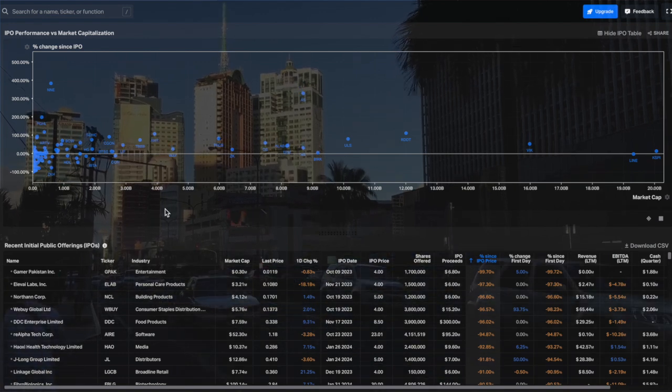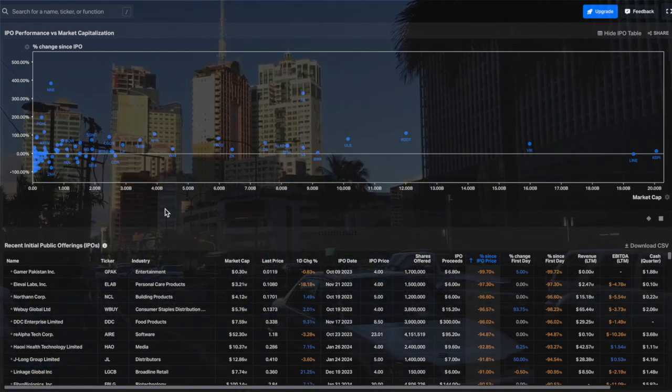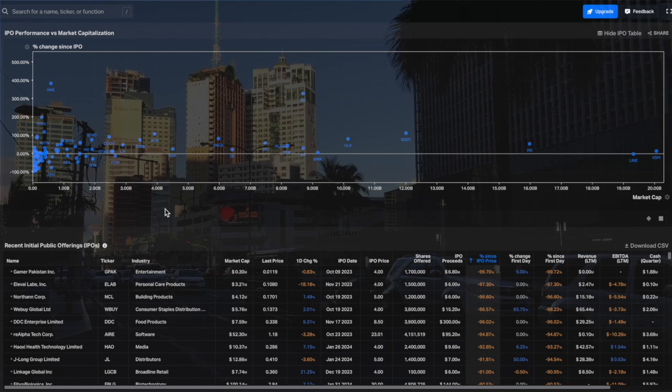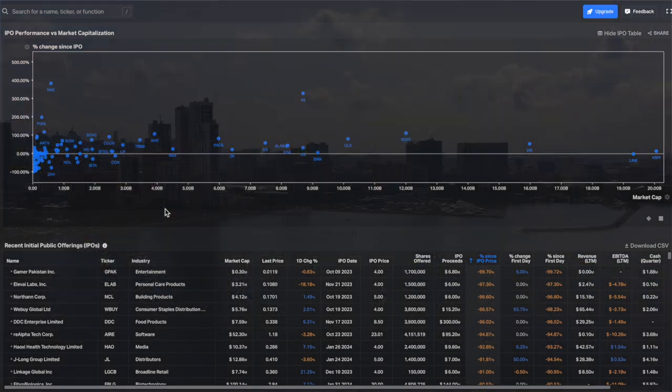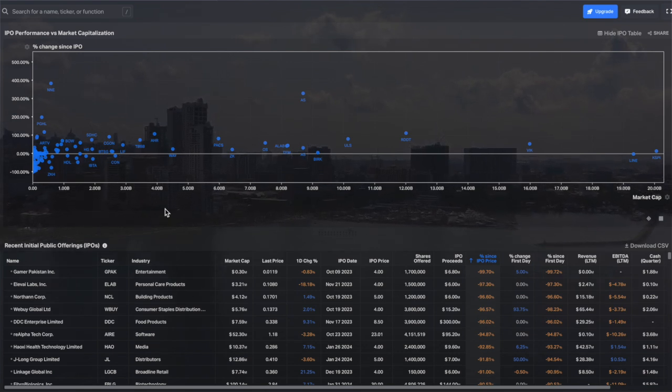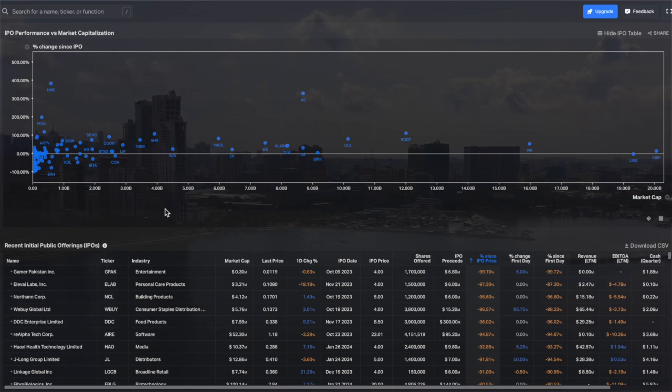My point is less and less IPOs, unfortunately, and I find this a big problem for me because I want stocks. I want as many stocks as possible. I want all the companies to go public as much as possible, so I have a full breadth of options on the buffet for me to trade with. But it's not like this in reality. But thankfully, there are still some IPOs.